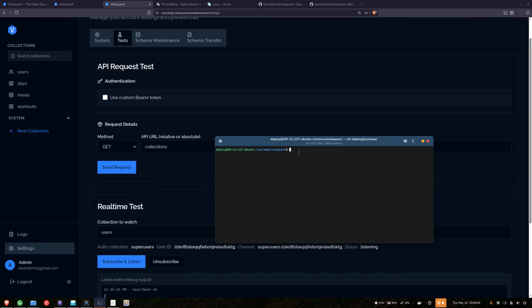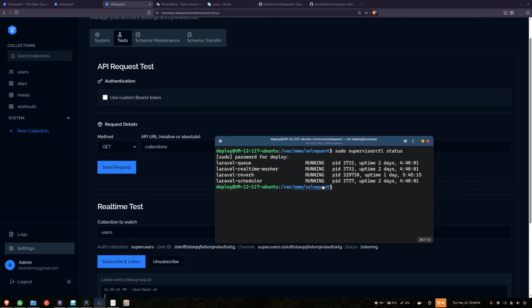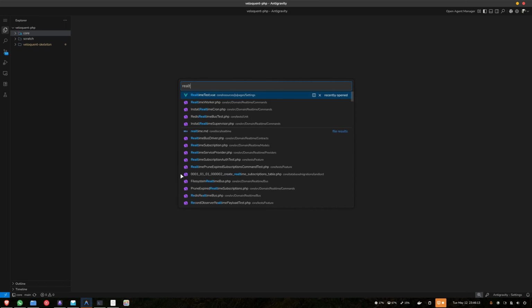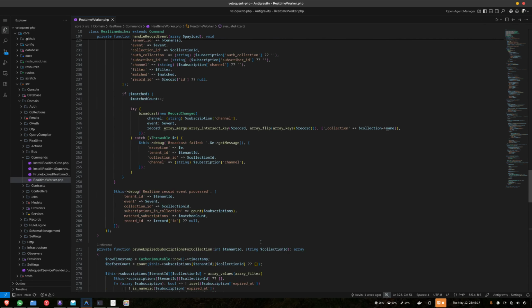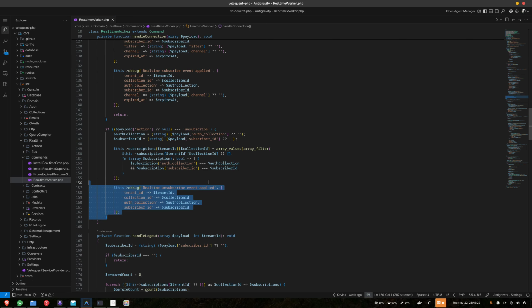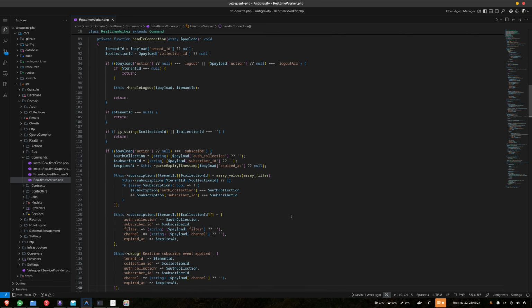It's a long-running separate process, like you'd run with Artisan. If you run queue:work or the scheduler, this is exactly like it. You run it with Supervisor or something else, just something like this. You can see that it's been running quite a long time now. Basically, it's just an Artisan command that handles the real-time subscriptions. It creates a real-time subscription when you subscribe to the subscription endpoint by registering the subscription, and then